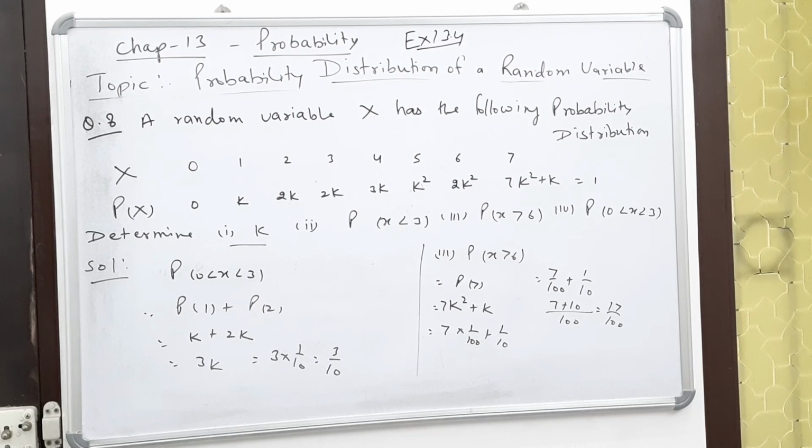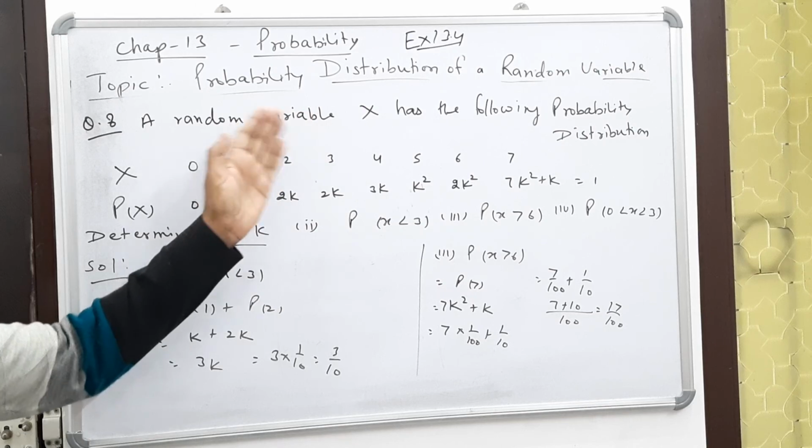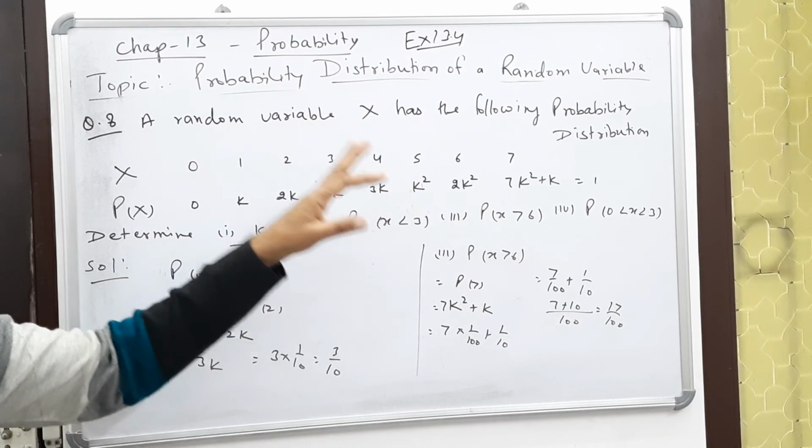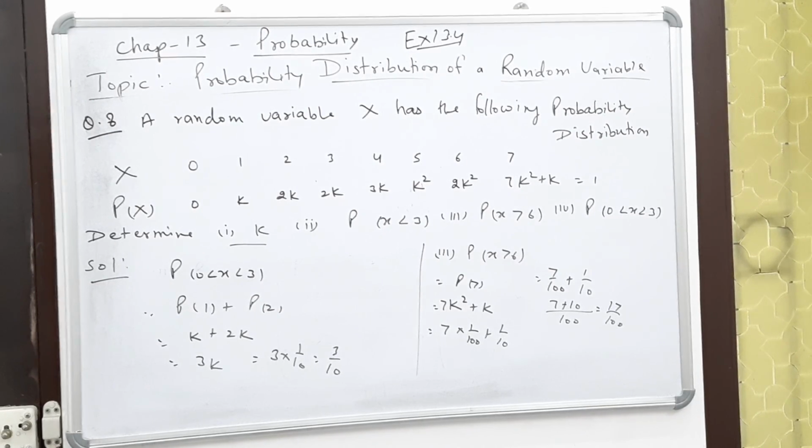The probability chapter is very simple this time because after sum number 9 and 10, the problems from exercise 13.4 are not in our syllabus. Please note this now. And the 13.5 exercise, binomial distribution, is also removed from the syllabus of the board examination 2021. Thank you. And please prepare this part very nicely. This is one of the important parts from the examination point of view.